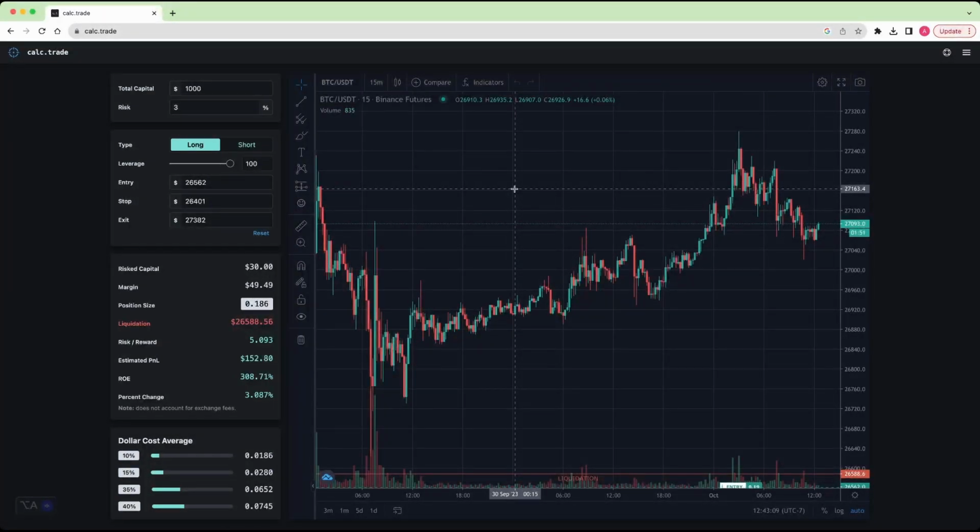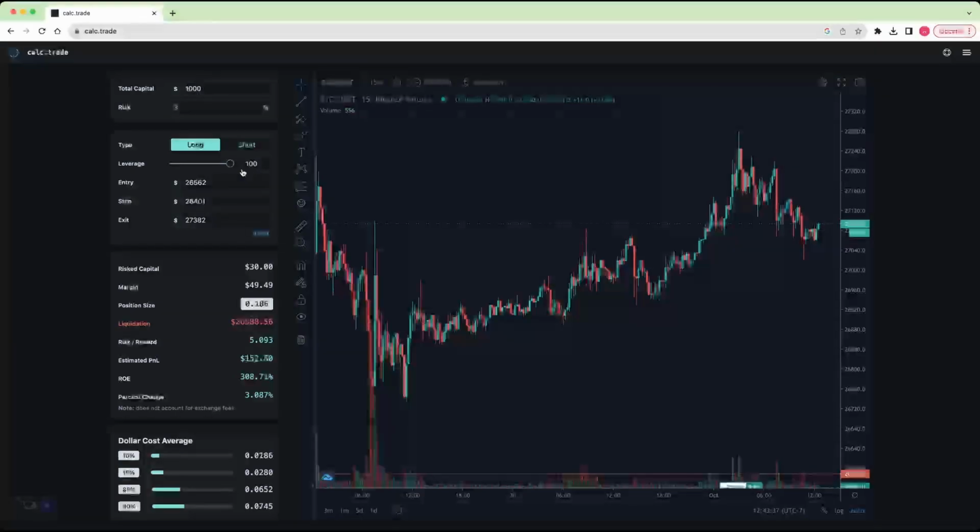But of course, if I expand that stop loss, I'm still only going to lose $30 because of one key factor: position size. This position size is basically your BTC. You can see I'm moving the leverage, but what's not changing is the position size, because we're not thinking about leverage. Put it on cross mode and then put your leverage on 100%. It makes no difference. You just need to make sure your leverage is as high as it can possibly go.